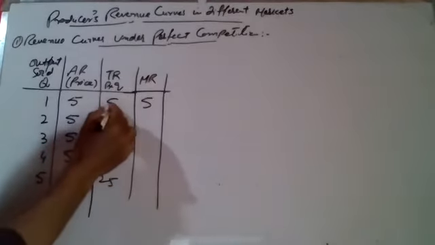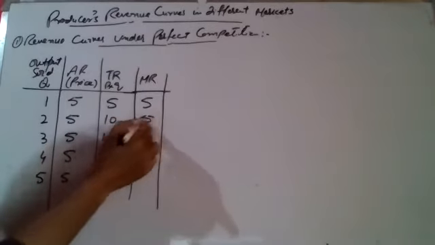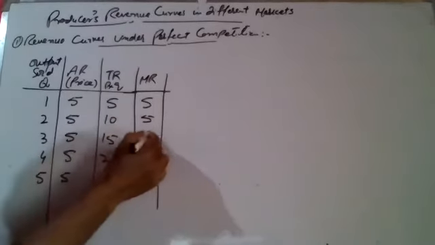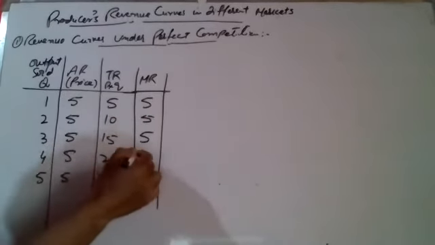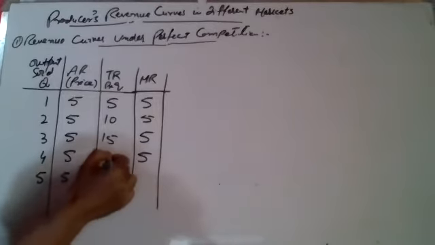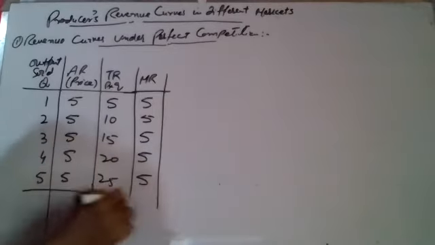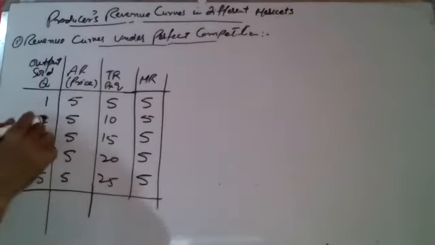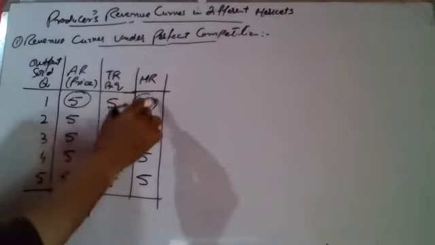10 minus 5, it is 5. 15 minus 10, it is 5. 20 minus 15, it is 5. 25 minus 20, it is 5. So, in perfect competition, the average revenue and marginal revenue are the same. They are the same. If we make the curve from this,